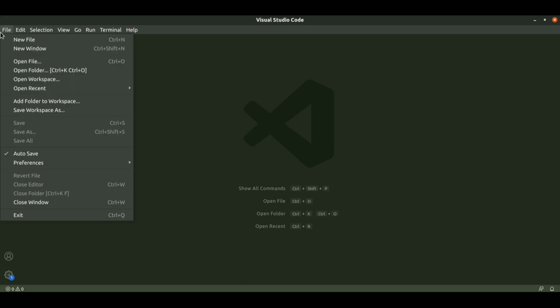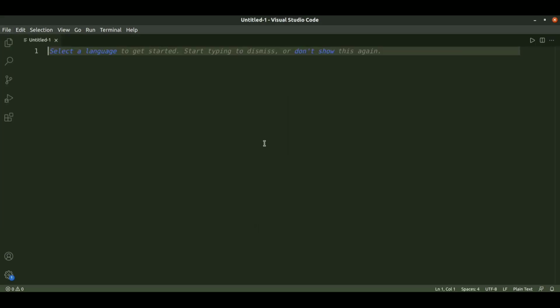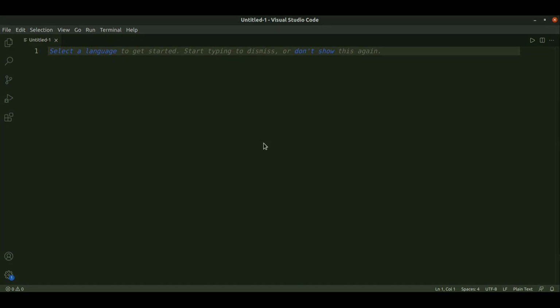Click on File, New File, and here you can name your file as either C language, C++, HTML, Java, CSS, Python or text files, etc. You can save in many formats.